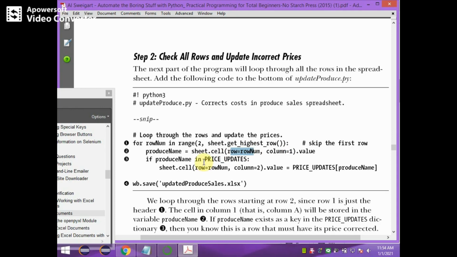If that product name is available in the price_updates dictionary, then that price will be replaced in the place of the old price. Like this the program works.